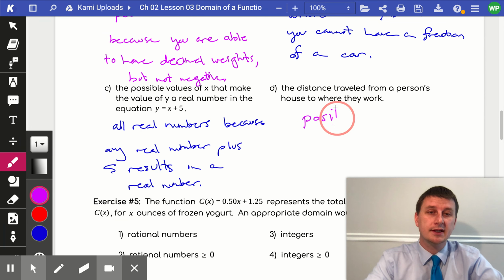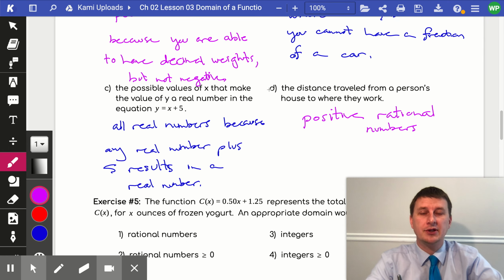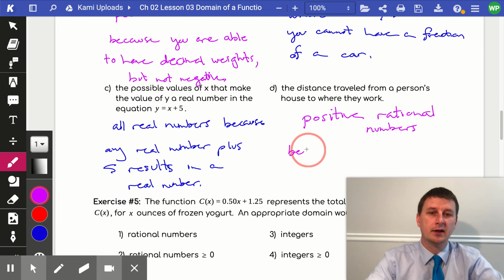Because just like with the weight question in part A, you cannot have a negative distance, and you can have a fraction of a distance. You can travel 1.6 miles or 1.3 miles or 1.25 miles. It's not that you go 1 mile and the next measure of distance is 2 miles, and there's nothing in between in existence. So positive rational numbers, because